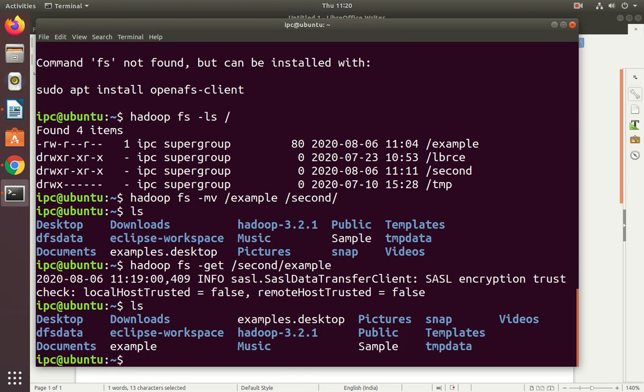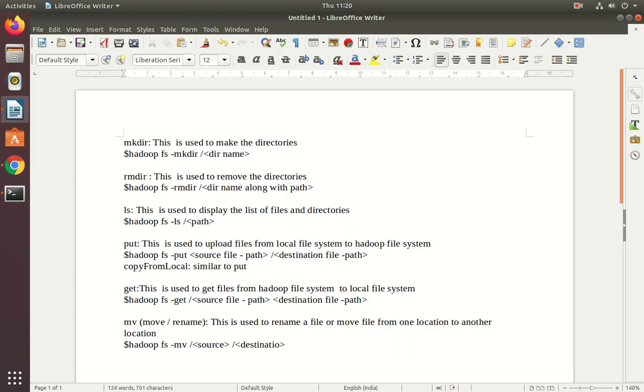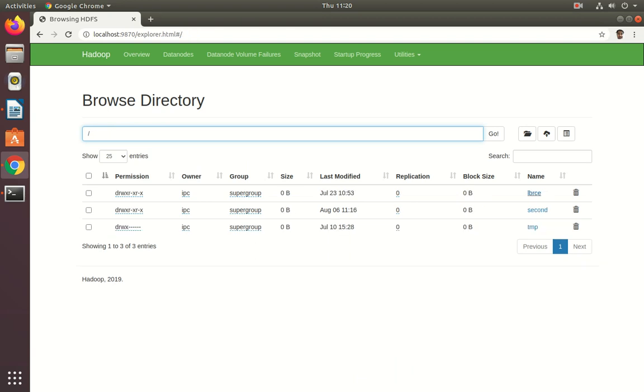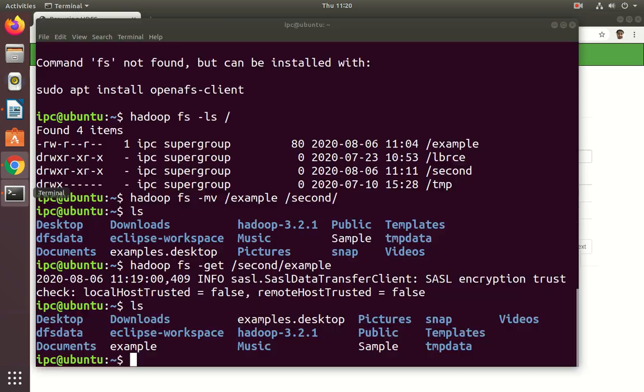See, here I have example and sample. Let me show you the file system. See, in the root node, here we have lbrce, second, temp. These are the only three directories. Now I want to send my sample file to here by using copyFromLocal.